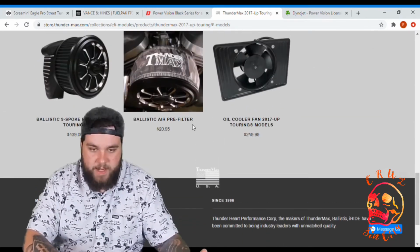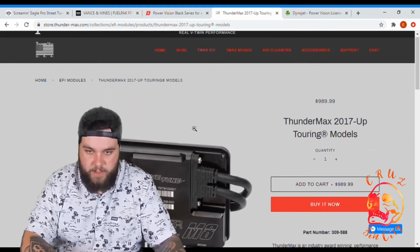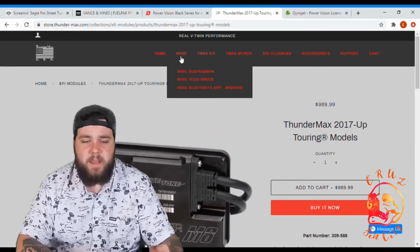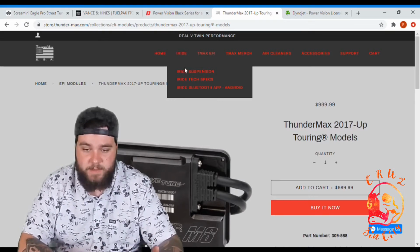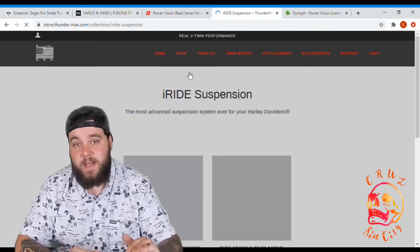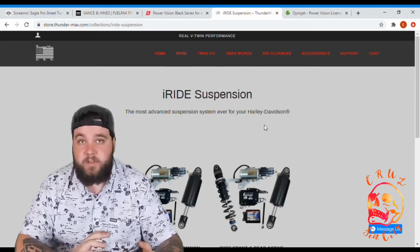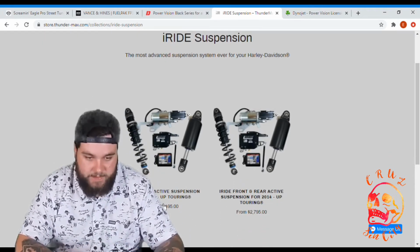Thundermax doesn't have a whole lot of info on their page here. Down there they had what other customers checked out. One of the things that Thundermax does have I want to touch on for just a second is if you get the Thundermax tuner, they do have their iRide suspension, which is a whole new style of suspension that electronically adjusts as you go down the road. It is a little bit expensive here. We're looking at